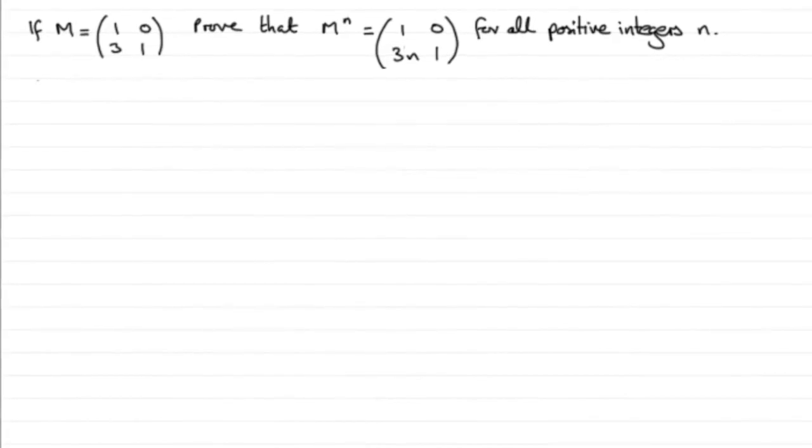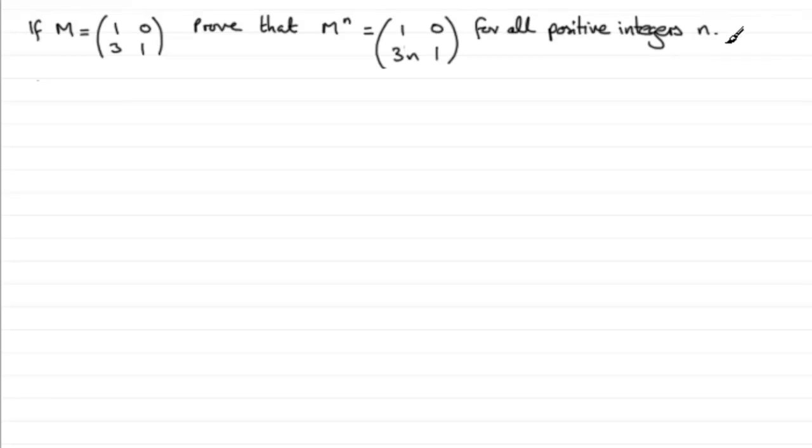Hi, welcome to another video in my series on mathematical induction, where I'm going to show you how we can use induction to prove results for matrix multiplication. And I've got an example here where we've got a matrix M equal to [1, 0; 3, 1], and we've got to prove that M to the power n is equal to [1, 0; 3n, 1]